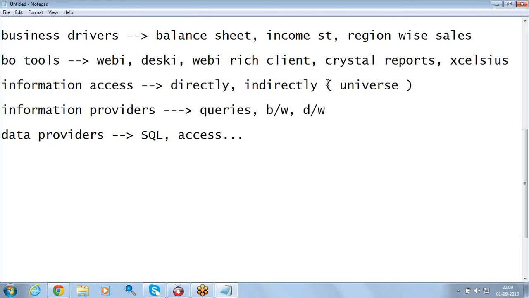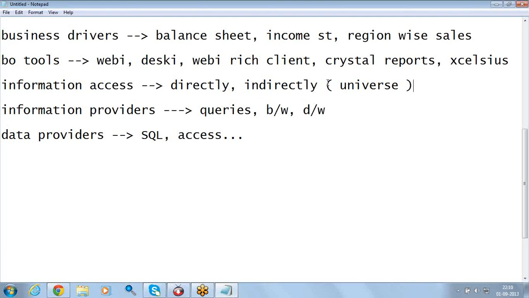So for that purpose, as a business objects developer, what I do is, the database is a vast one, so from that, whatever data I need for the reports, I concentrate on that data only and construct a logical representation similar to the database using that relevant data, and using that interface I am generating the reports.